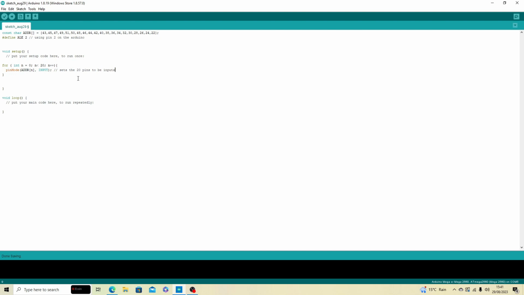Okay, so that will just loop round, setting those 20 pins to be inputs at the start of the loop. We'll also need to do the ALE. And I'm going to use an interrupt so that we can capture the ALE and read the pins.